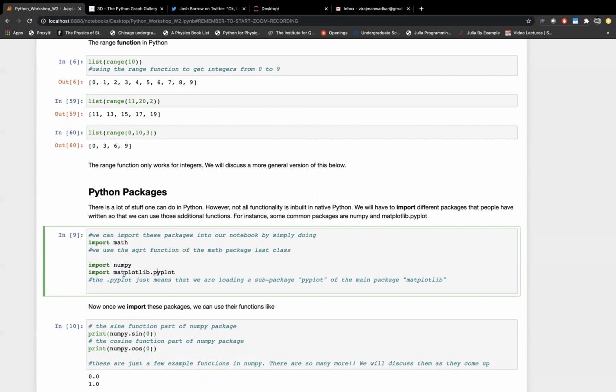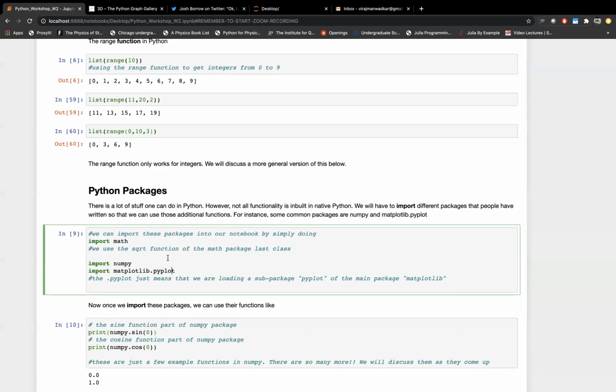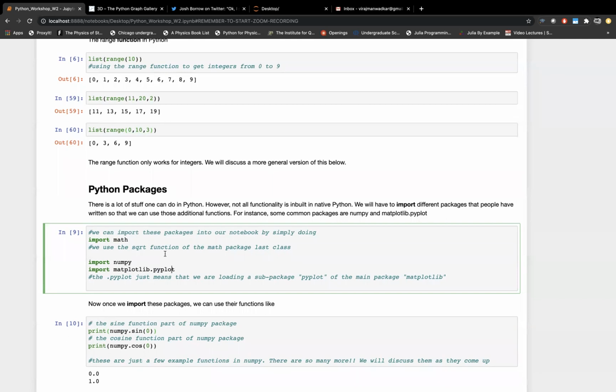And that's why I say import matplotlib.pyplot. And yeah, this is the syntax one uses to import an external package. It's quite intuitive. We have the command import, and then we just type the name of the package. So it's fairly simple to remember. And so, for instance,